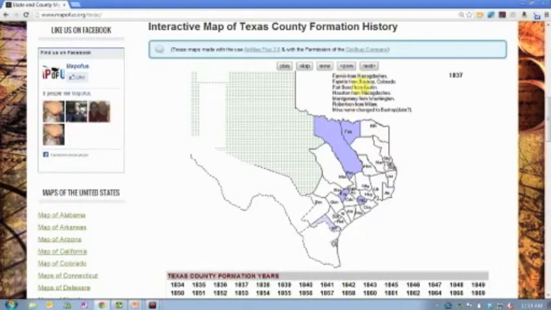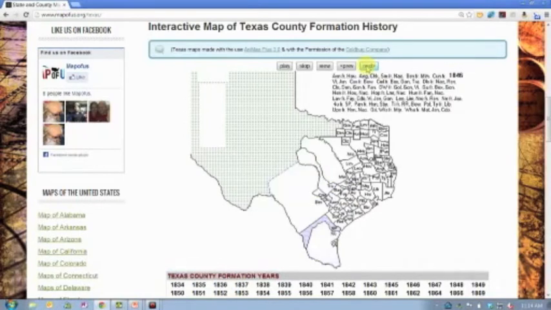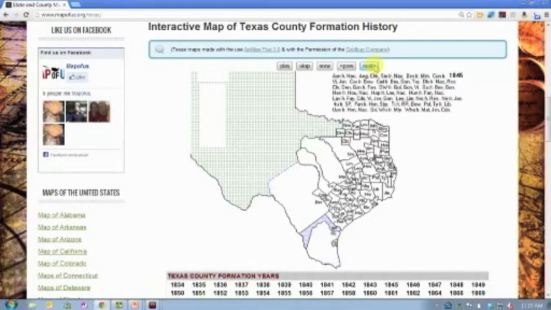And it provides me with a little bit of text to tell me what particular counties were introduced, what particular counties were organized from other counties. You can see there's large county chunks, right? And then as those counties become subdivided over time, and then over here it just lists the year. So I can click through to a particular year of interest, 1846 being a big one, right? From 45 to 46, when Texas became a state, you're going to see a lot of counties subdividing and getting